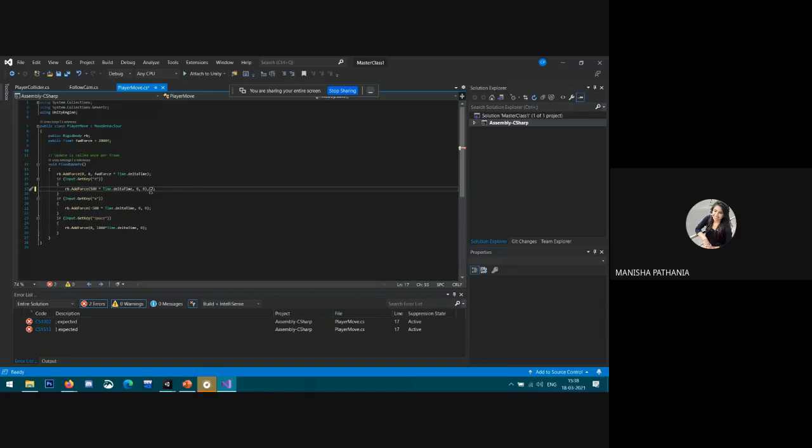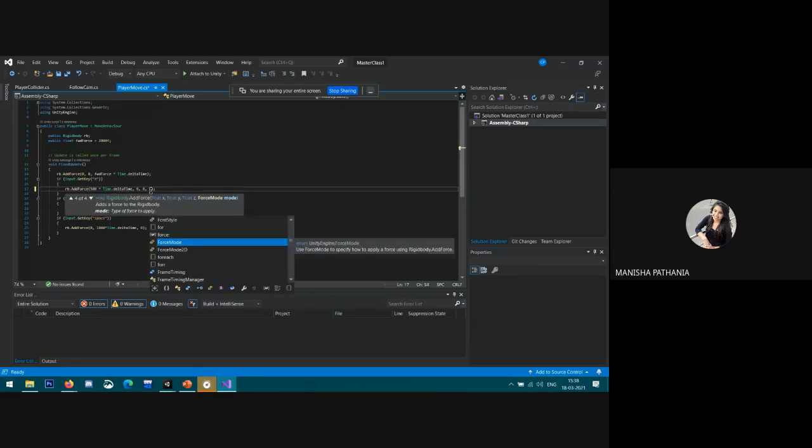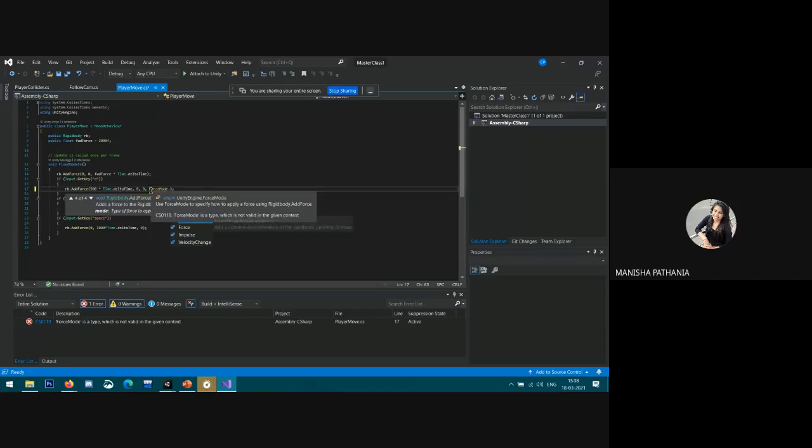Because of that non-responsiveness, we need to add the fourth parameter here, that is the force mode. So here we need to add ForceMode dot. See, we can also choose acceleration, force, impulse, and velocity change. In this case, we need to write ForceMode.VelocityChange.